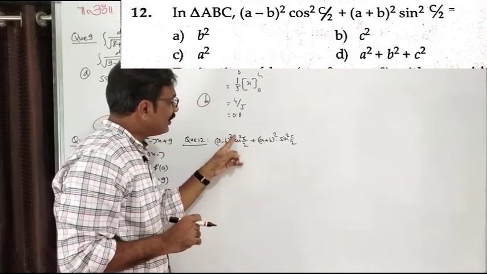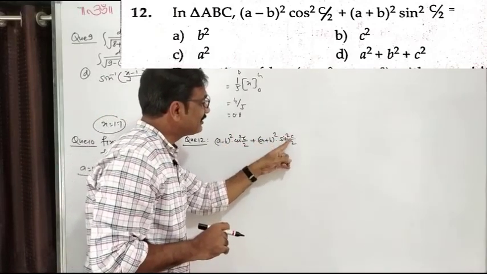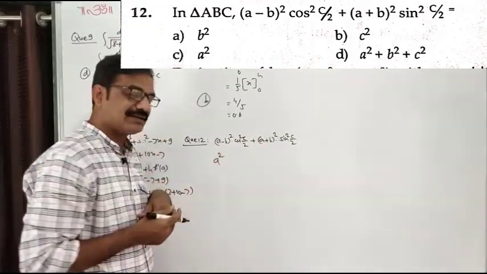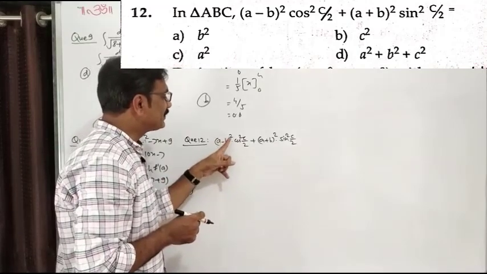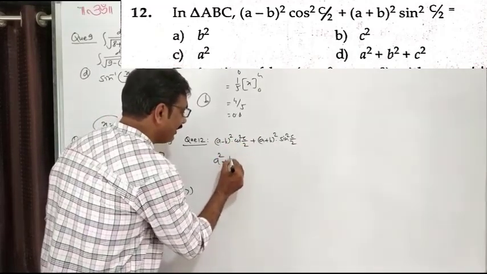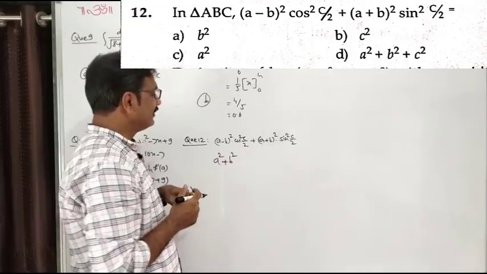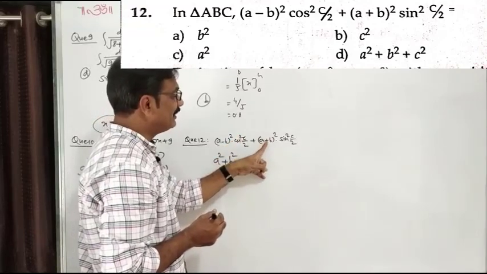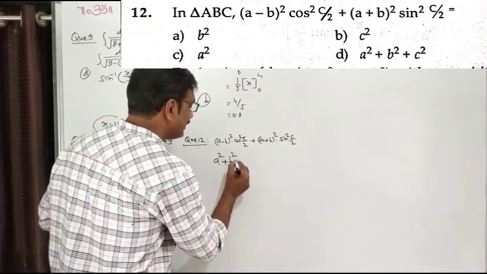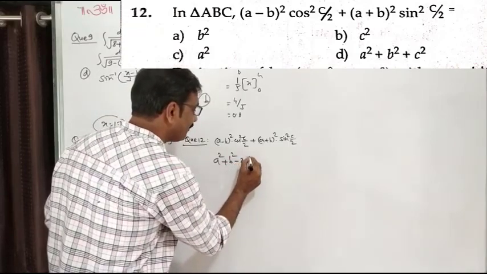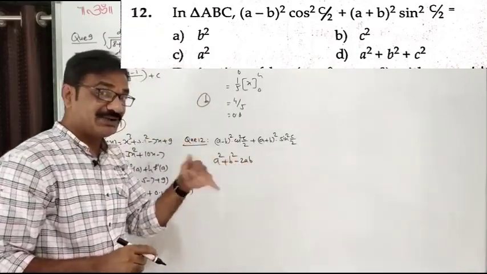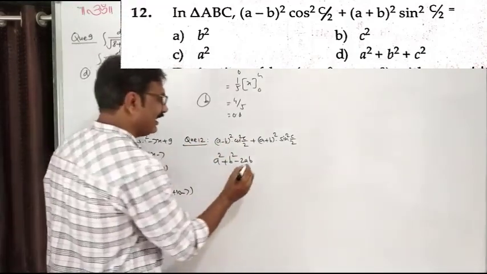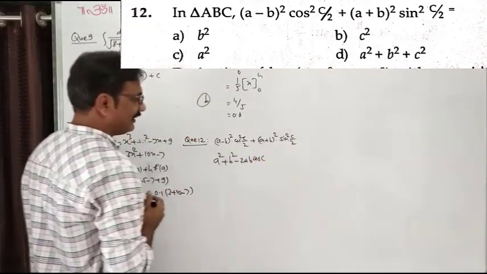So a square cos square c by 2, a square sin square c by 2, taking a square common, अंदर identity 1, तो ये बन गया भाई आपका a square. या b square वही आएगा, तो ये बन गया भाई आपका b square. या अंदर बाकी क्या रहा? Minus twice ab cos square c by 2 plus twice ab sin square c by 2. Minus twice ab अगर common लेते हैं आप तो अंदर आएगा cos square c by 2 minus sin square c by 2, which is the cos double angle formula for half angle.